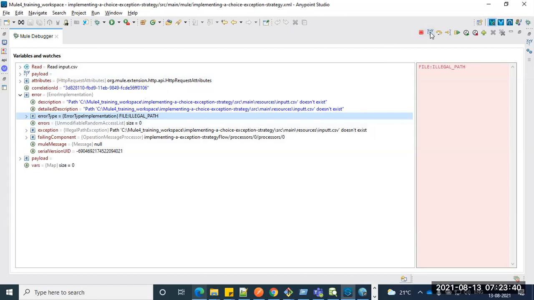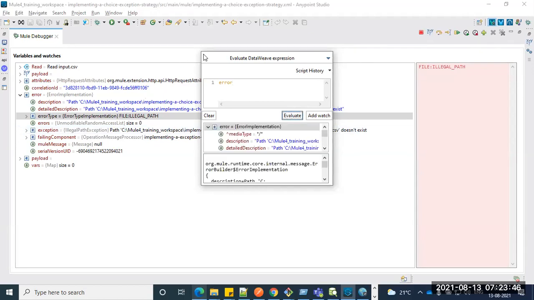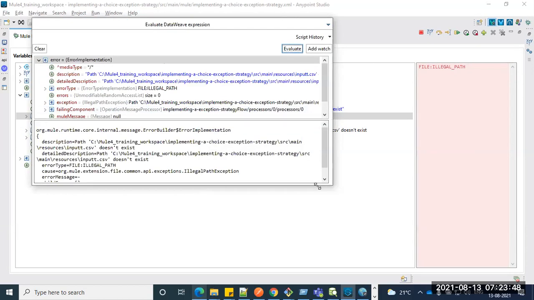You can see the entire object, whatever you want to read from the error object. So you can read the error description and the error detail description. Based on your request, whatever parameter you want from the error description, you can put it accordingly.